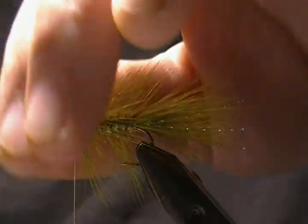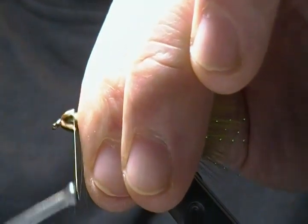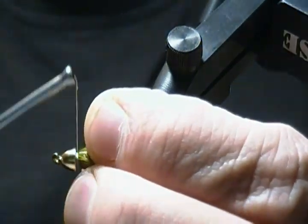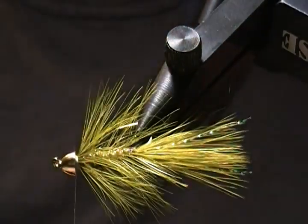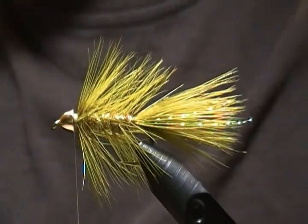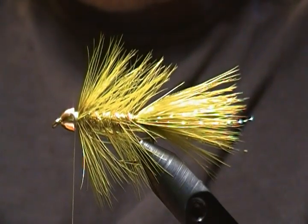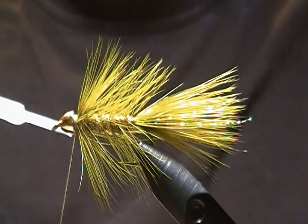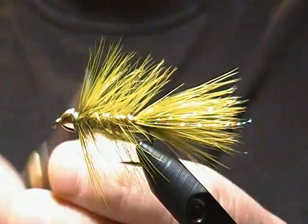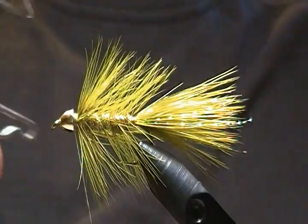Okay. I just want to build up a little bit more thread collar there, but make sure that's locked in there really well. That looks good. Let's make sure everything's folded back out of the way. Okay, that looks fine. Okay, so what I'll do now is take a little bit of Zap-A-Gap, a little bit of super glue on the thread here, just like so. I'm going to make 3 or 4 wraps through there,